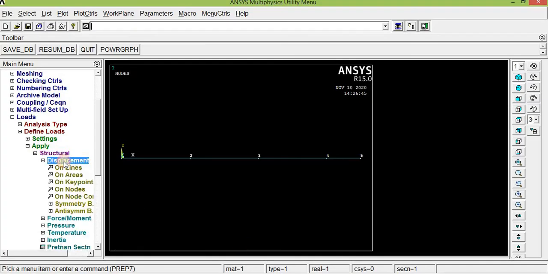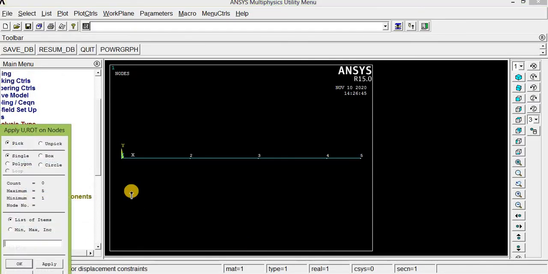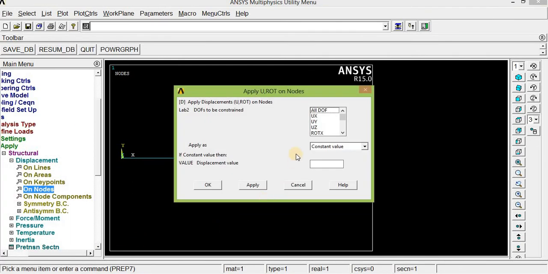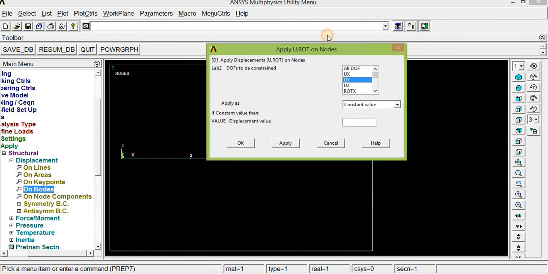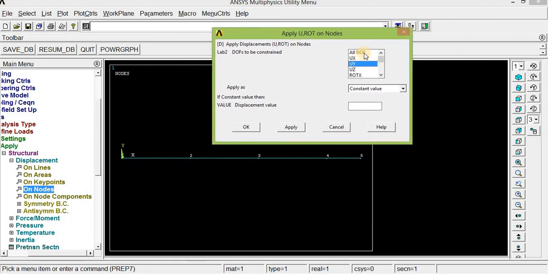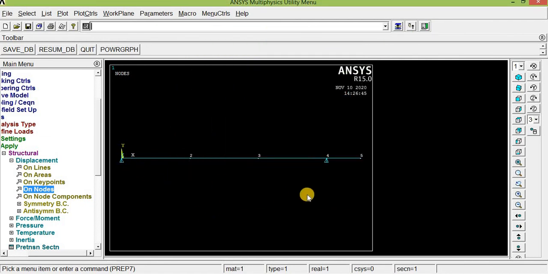So displacement on nodes. Click node 1 and node 4. Click OK. And click UY, which means we are fixing along y-axis. If you do like this and the result still is not coming, you can fix in all DOF. Click OK. So now node 1 and node 4 are fixed along y-axis.